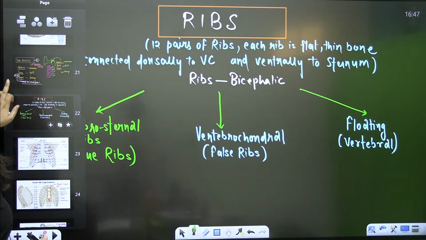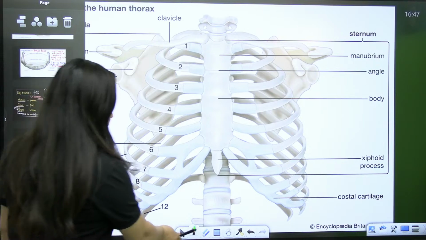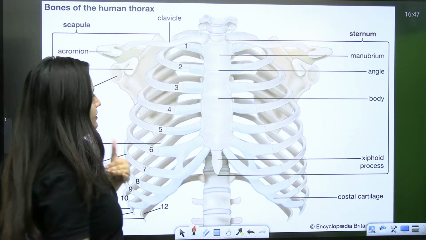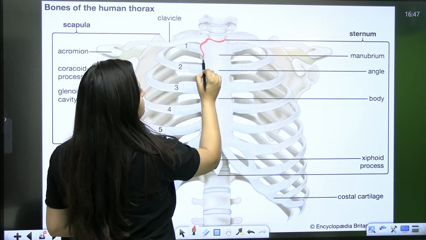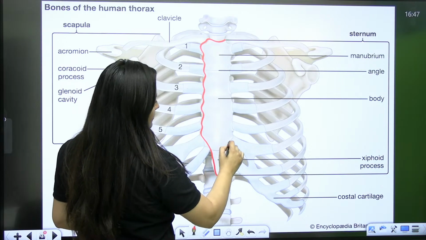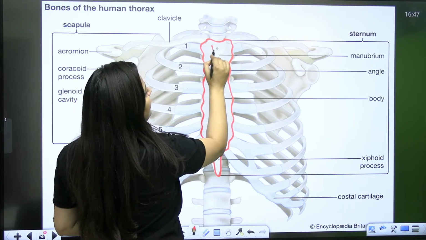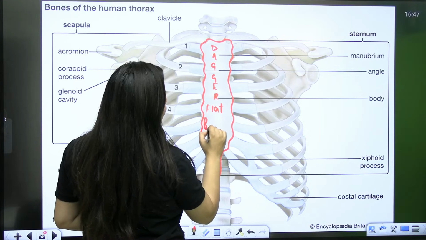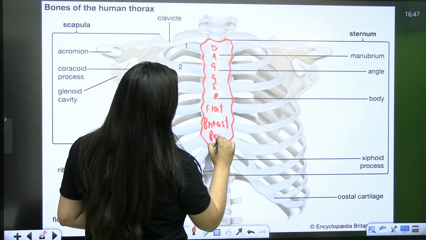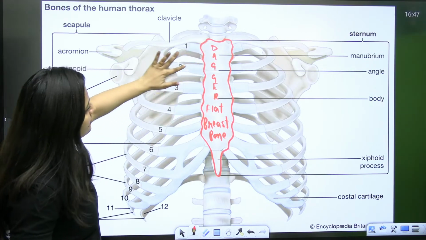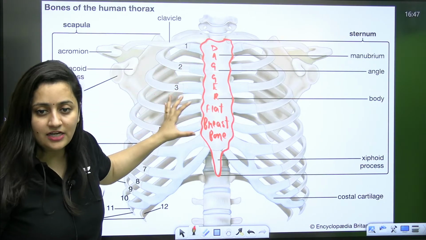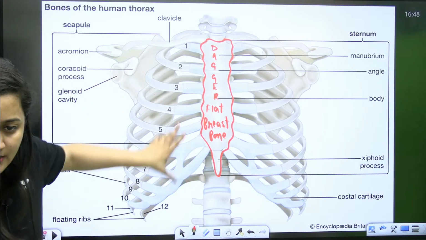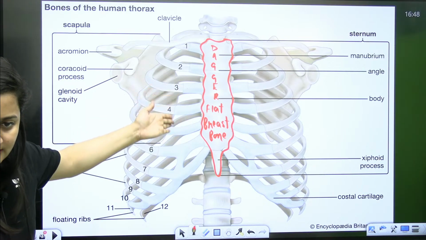Now let's come to another part, the ribs and the sternum. First of all, let's talk about this portion. This is the sternum. Of course, it is a kind of dagger shape. It is also a flat bone, and it is also known as the breastbone. To the sternum, ribs are attached. Here you have the sternum to which ribs and other muscles are attached. This is the sternum, the flat bone.